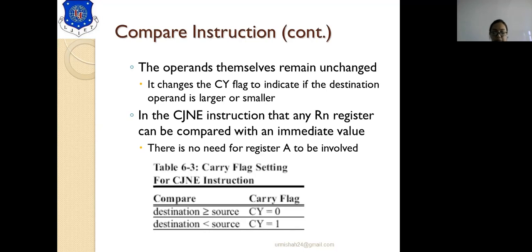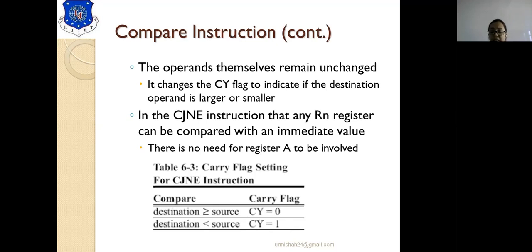Here simply, if you have two numbers A and B, A has value 5 and B has value 3, then you will perform the subtraction operation in the comparison instruction. 5 minus 3 is 2, a positive number, so your carry will be reset. But instead of B having value 3, if B has value 8, then 5 minus 8 will be minus 3.